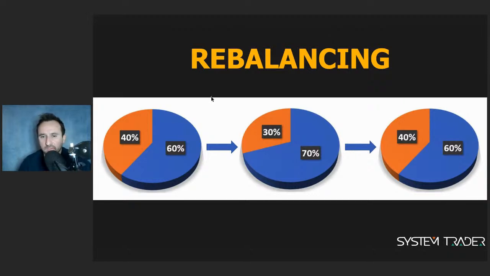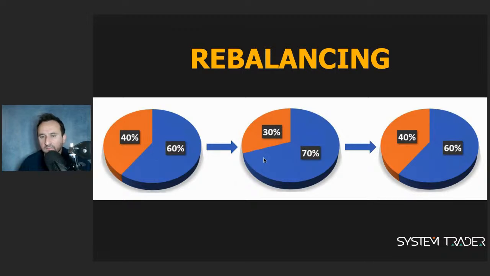Therefore, after some time, you may end up with a portfolio which, instead of having 60% of the stocks, has 70% of the stocks, and rather than 40% of the bonds, has 30%. And that means that the portfolio looks different. There were probably good reasons for which you wanted to have only 60% of stocks, not 70,